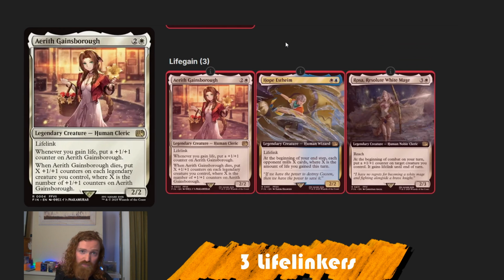We also have for white 3 new Lifegain commanders. The first is Aerith Gainsborough, a 3 mana commander. Whenever you gain life, put a +1/+1 counter on Aerith, and when Aerith dies, put X +1/+1 counters on each legendary creature you control, where X is the number of counters on her. No coincidence as well that she is white, so there is a legendary matters in Celestia going on, and yeah, this one just wants all the life gain triggers, all the legendary creatures,